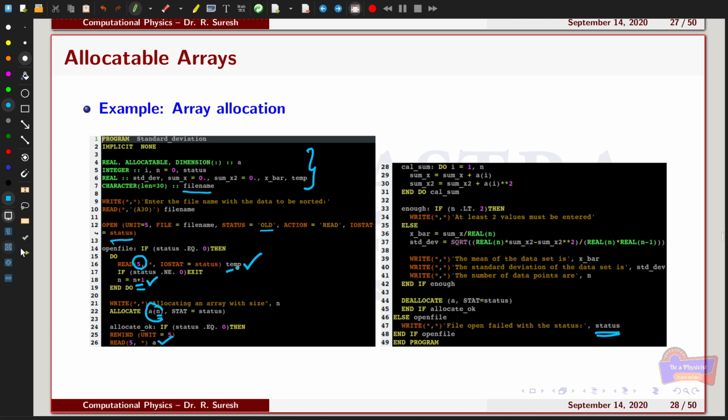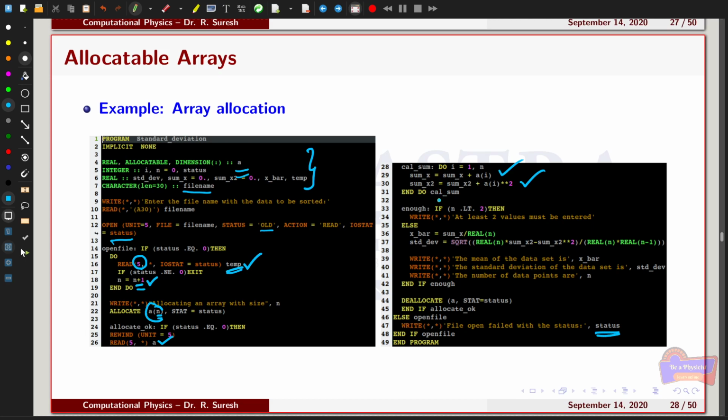So previously I have stored it in the value temp, that means just a variable. Here I am going to use the array a, that means array name a, to store the values of the data file, which can be used for further calculation. That means I can find out the sum as well as the sum squared of the corresponding a.